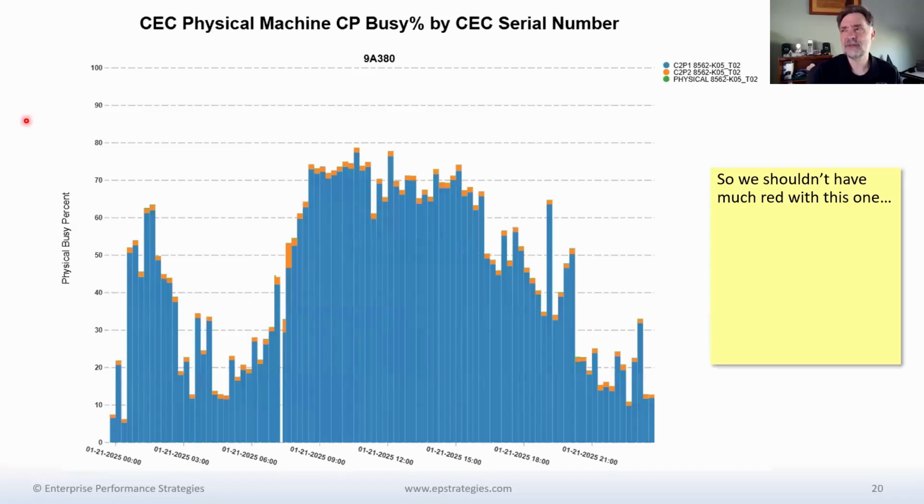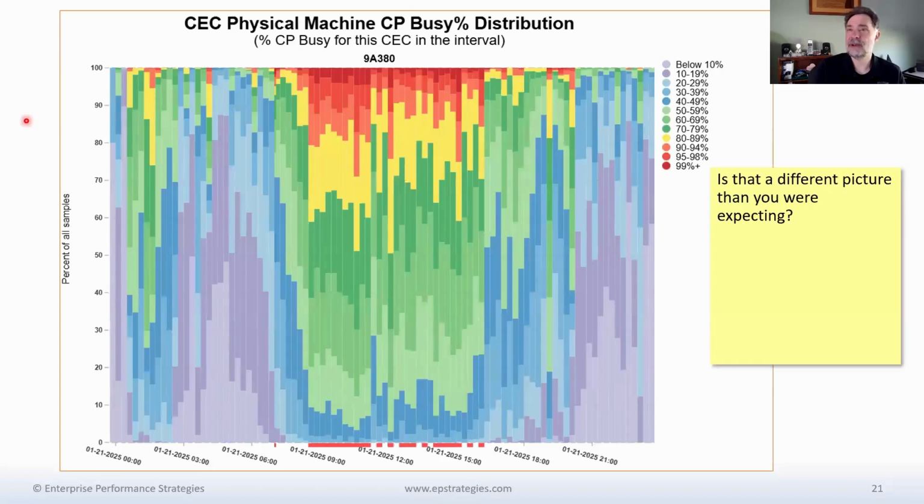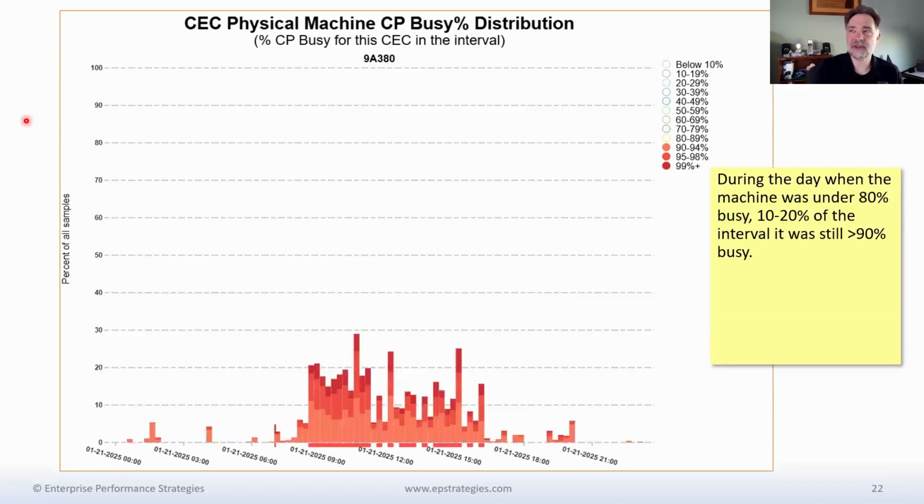So what if we look at those other two machines? Again, here we look like we should have no problem. But if we actually look at the distribution, there's a bunch of red here. Now, to make this a little bit easier to read, what I can do is turn off all the measurements below 90%. And now it's a little easier to read what percentage of these intervals the machine was above 90% busy, right? Because we selected just these three